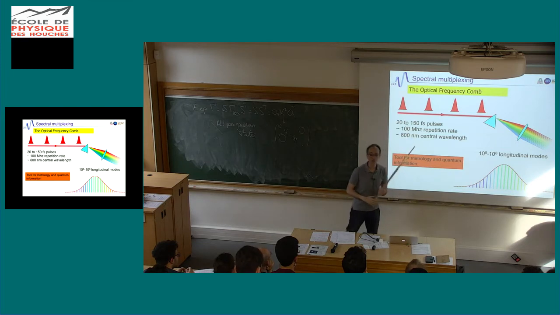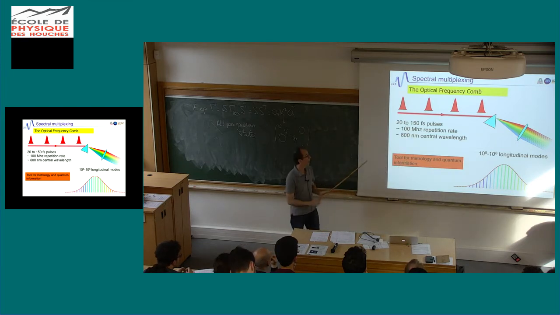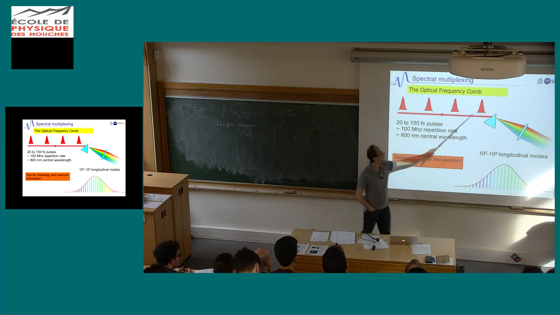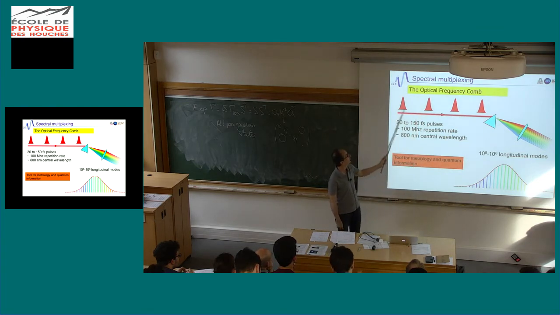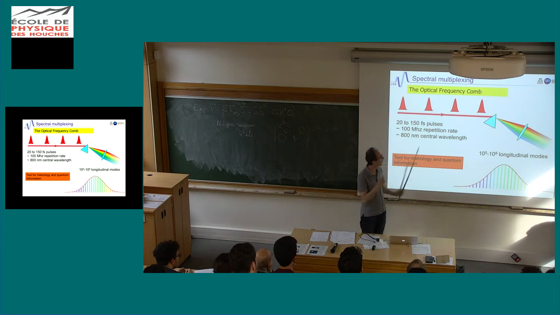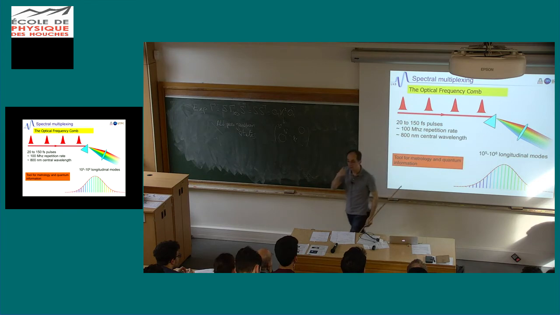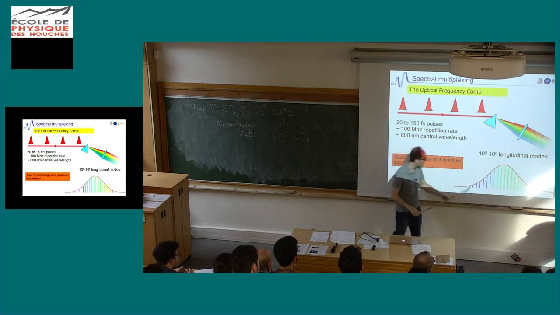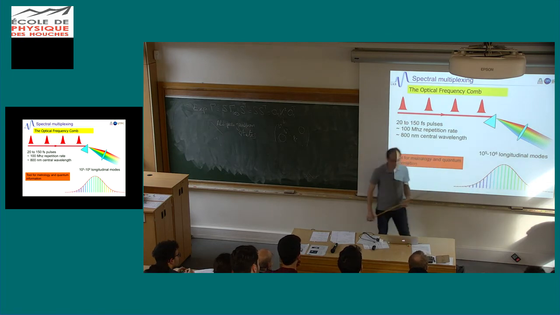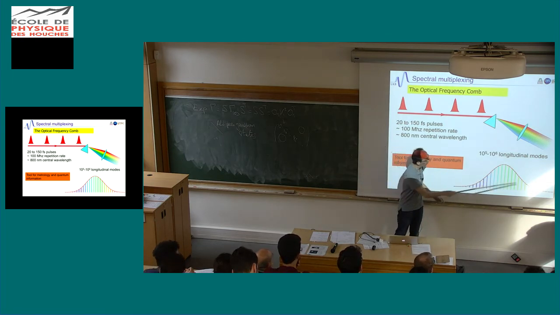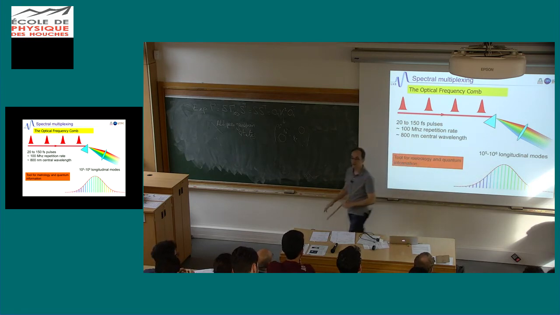Why optical frequency combs? Well, I guess you know them. An optical frequency comb is a set of pulses. In our case, what we use is about 100 femtosecond pulses with 80 megahertz repetition rate. When you look at that in the frequency domain, this is made of a set of discrete frequencies because you have a periodic system. So you do a Fourier transform and you have discrete frequencies. This is not a fair representation, because for this kind of setting, what you have is about 10 to the 5 or 10 to the 6 frequencies that compose your frequency comb.